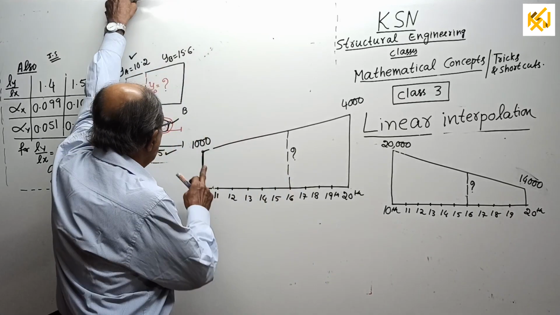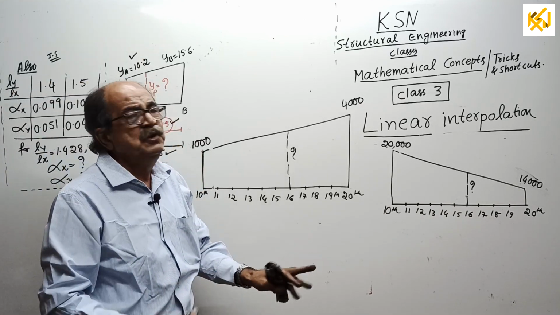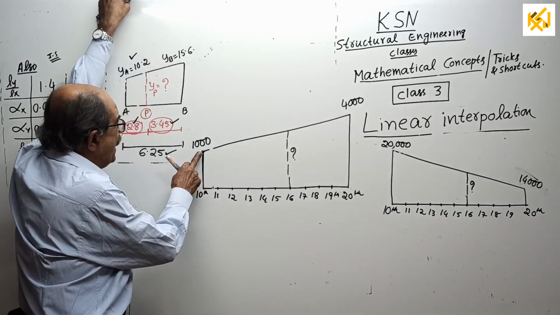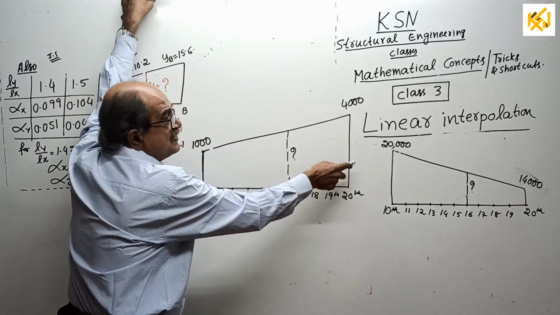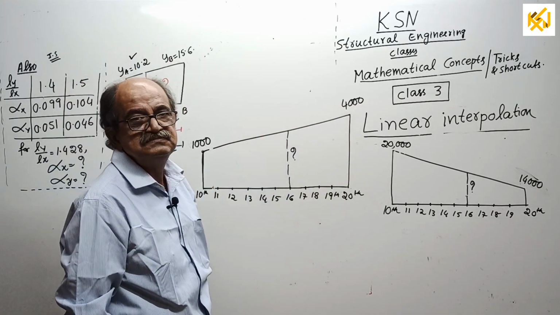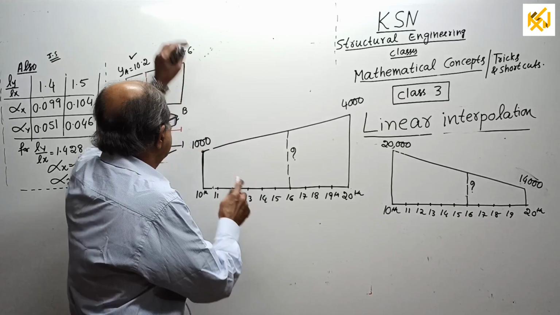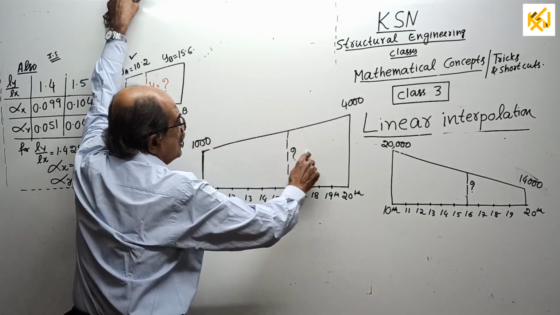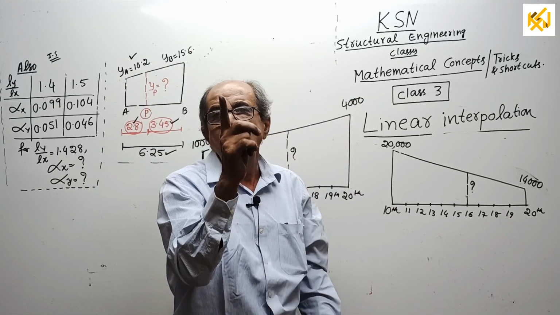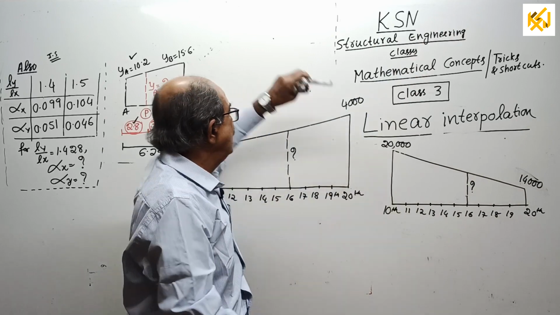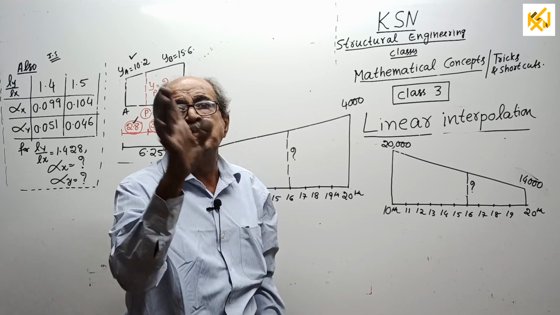Okay. See, today the cost is 1,000 rupees. People who don't follow rupee, change to your currency. The cost of an item is 1,000 rupees at the end of the day, maybe share value or anything. On 20th, it became 4,000 rupees. And one more important thing: it is not random. Sometimes in the share market the cost can fluctuate like this. No, it is linear, meaning a steady rate.